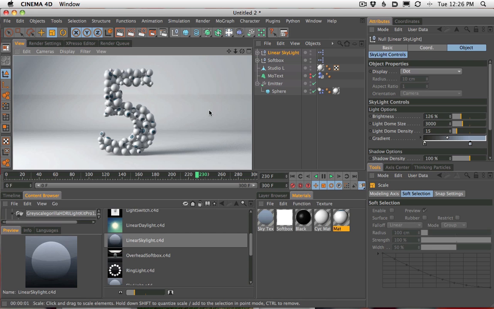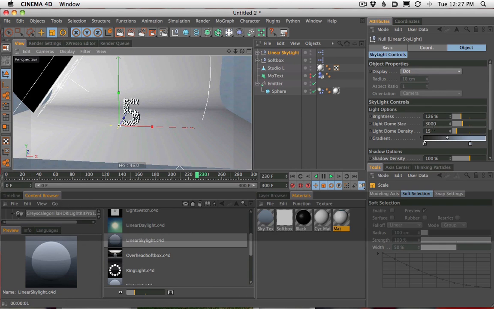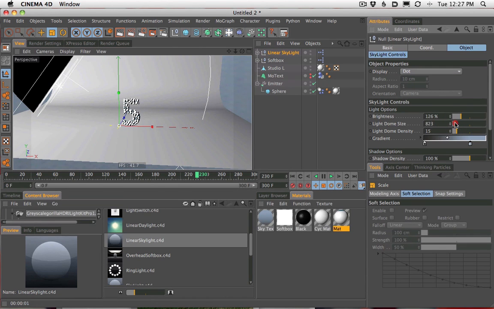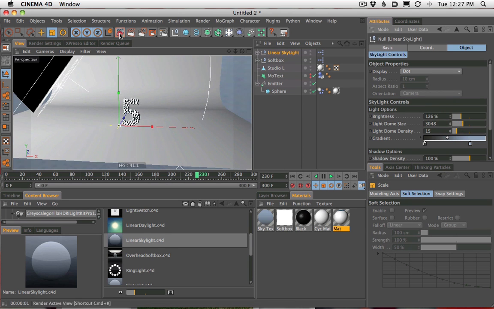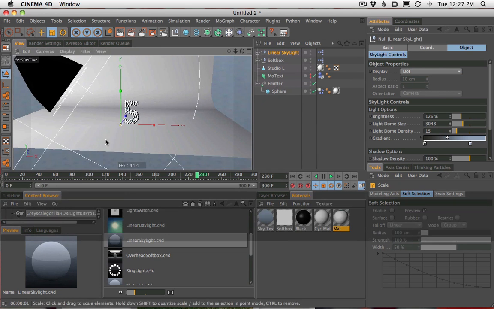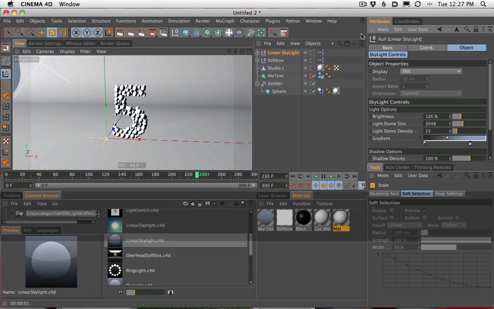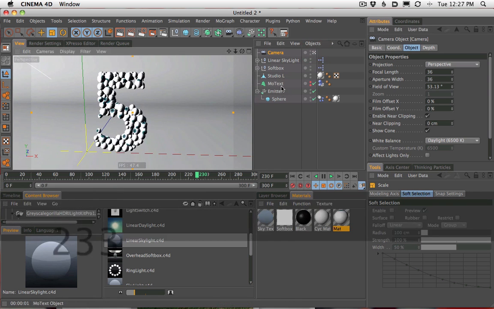Not so bad. So another thing we need to keep in mind is that we may have to make this a little bit larger. So let's go to the light dome size and play around with it. Let's move it up a little bit, and maybe a little bit more. And we're getting there. Let's go back up. Now I'm sick of zooming out and zooming back in. So this is usually where I grab a camera and turn it on and position the camera exactly how I want it.